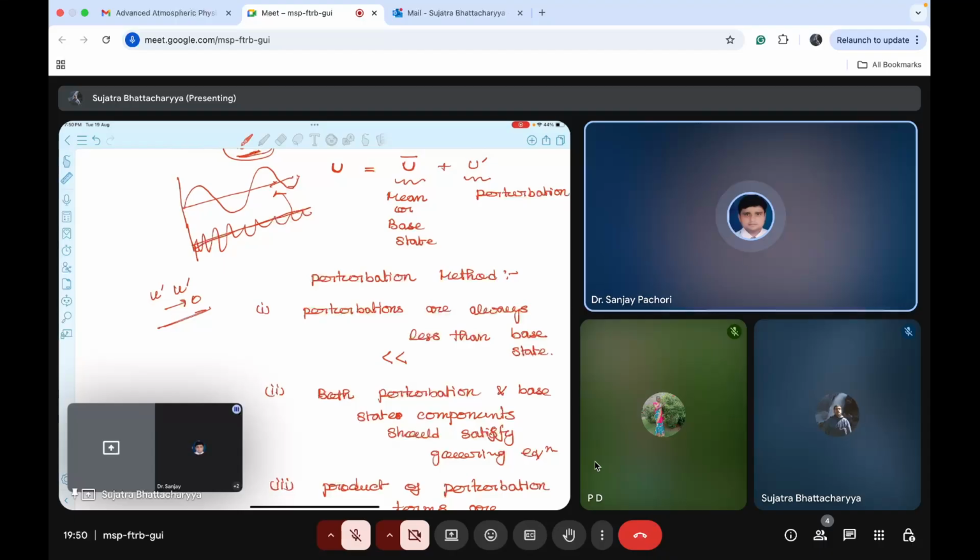Hmm, hmm, hmm, hmm, hmm. हम्म हम्म हम्म हम्म हम्म राइट राइट हम्म हम्म